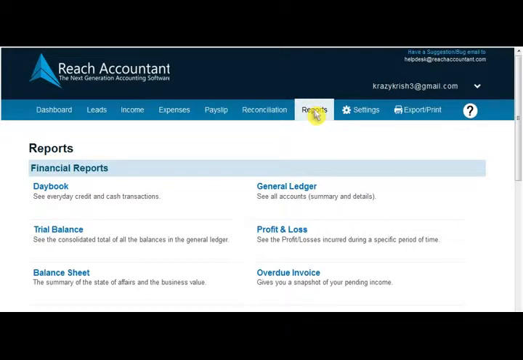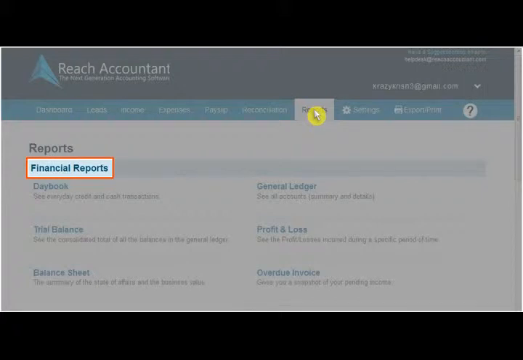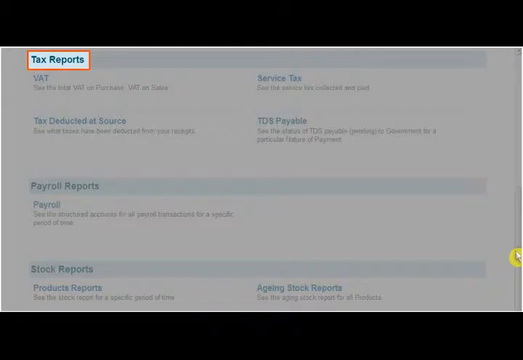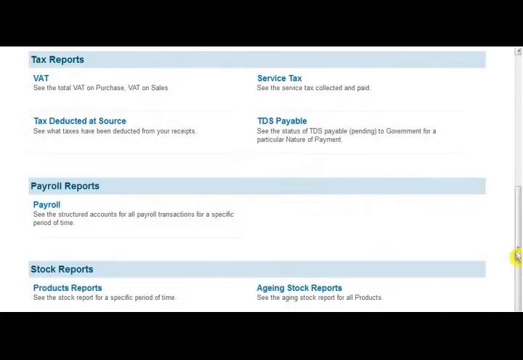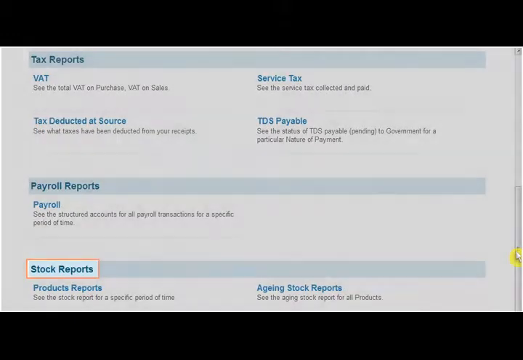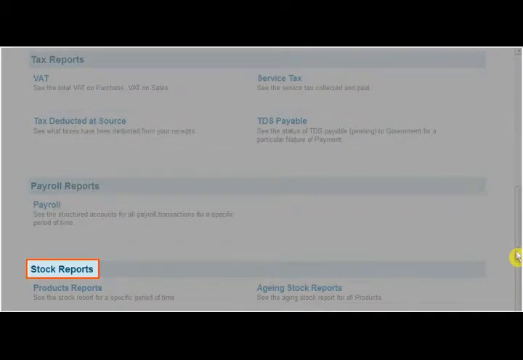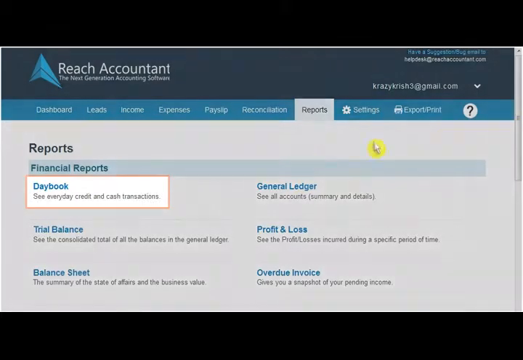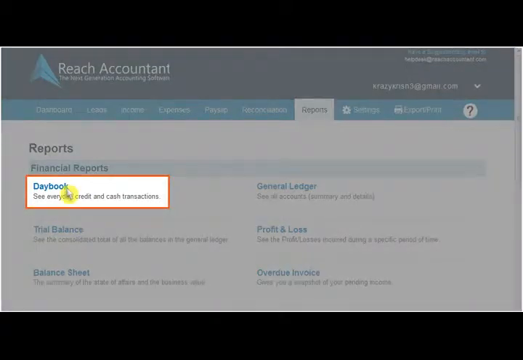There are various formats of report you can get, such as financial reports, tax report, payroll report, and stock report.